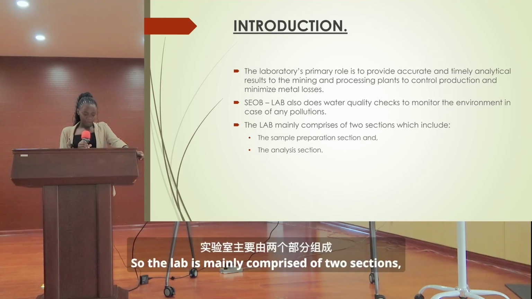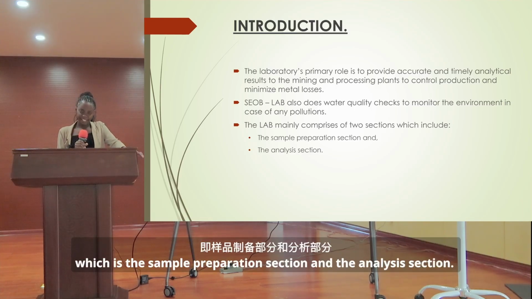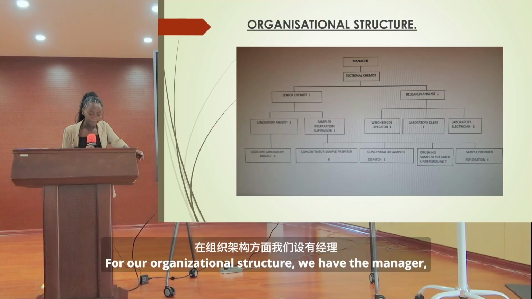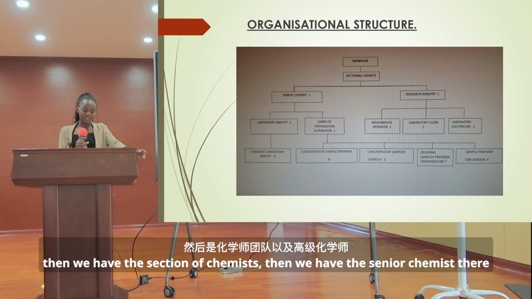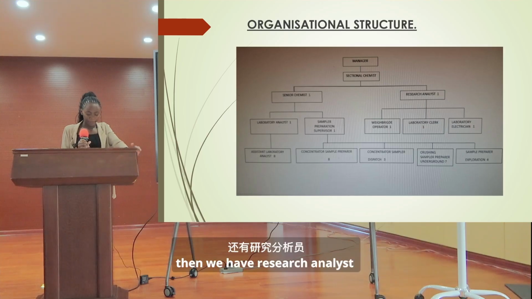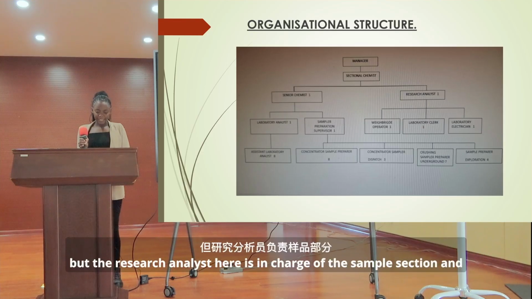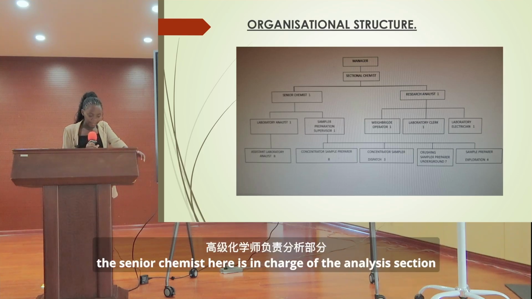So the lab is mainly comprised of two sections, which is the sample preparation section and the analysis section. For our organizational structure, we have the manager, then the sectional chemist, and then the senior chemist. Then we have the research analyst, who is basically the same as the senior chemist, but the research analyst is in charge of the sampling section, and the senior chemist is in charge of